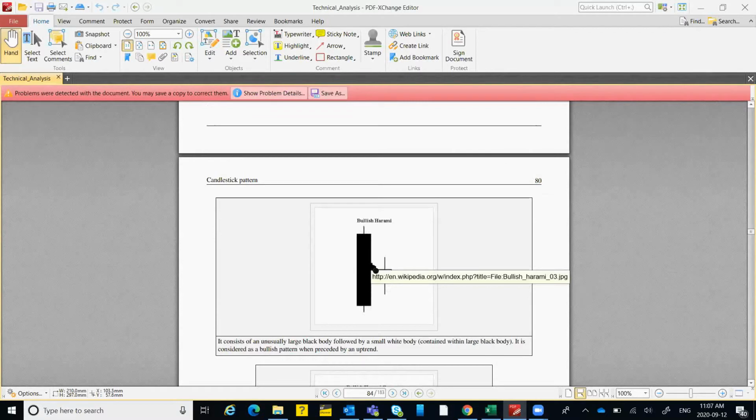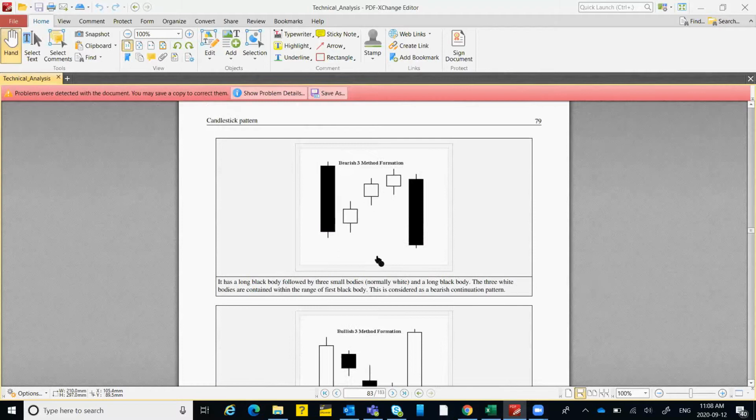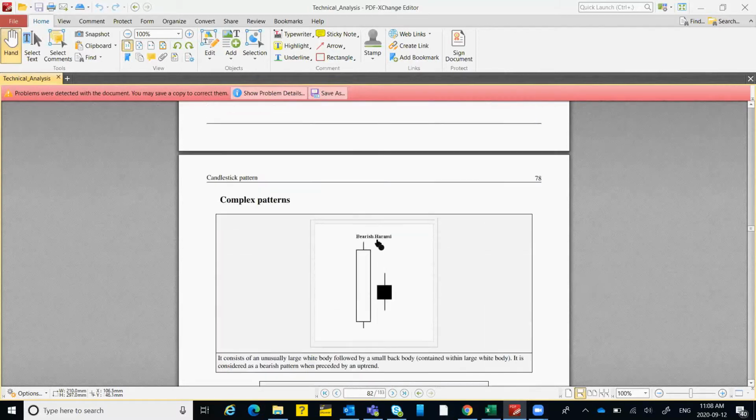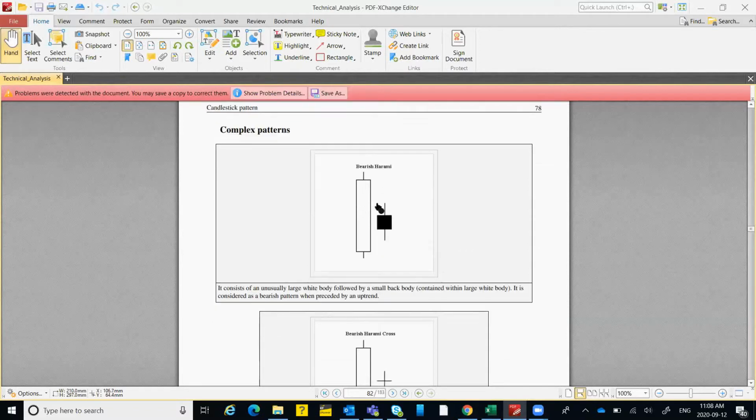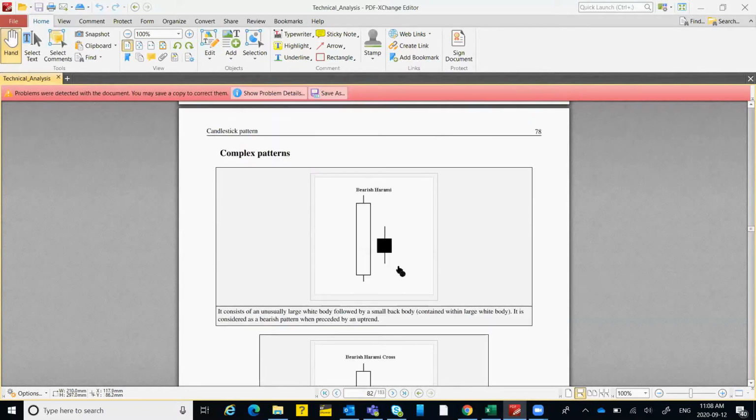So this bullish Harami candle is a bullish pattern, and this one which we discussed before is the bearish Harami pattern, which will lead you to the bearish trend. So as the name suggests, the bearish pattern and the bullish pattern. The important thing to note here, which we normally see in our trading patterns, is this: